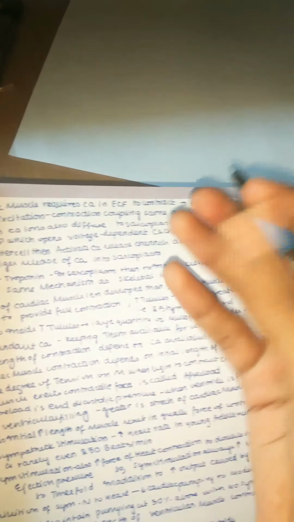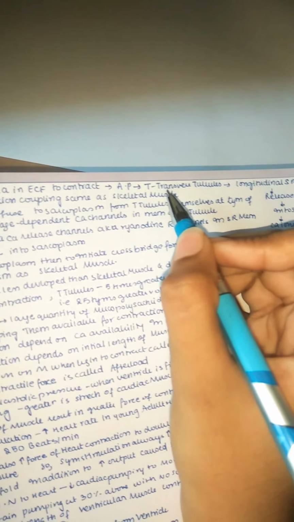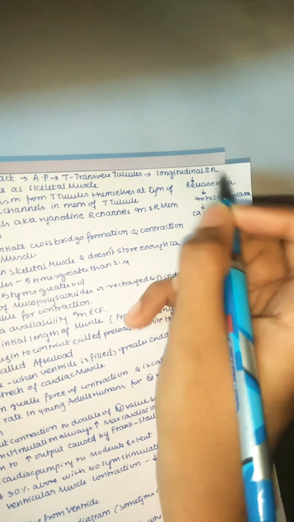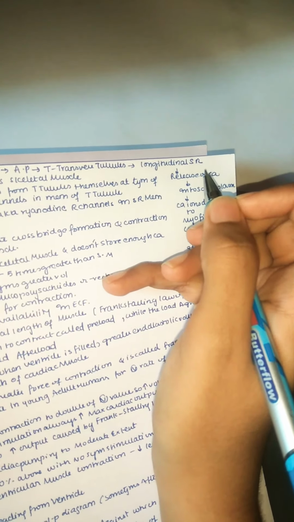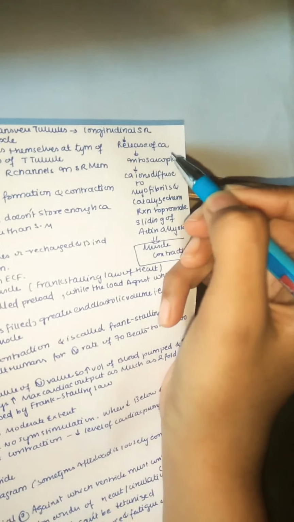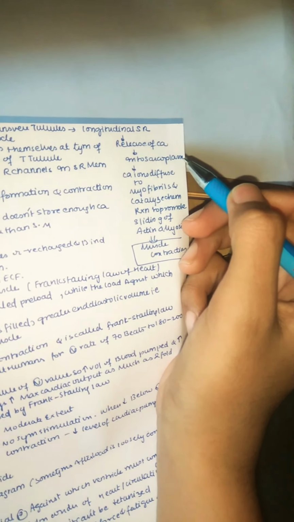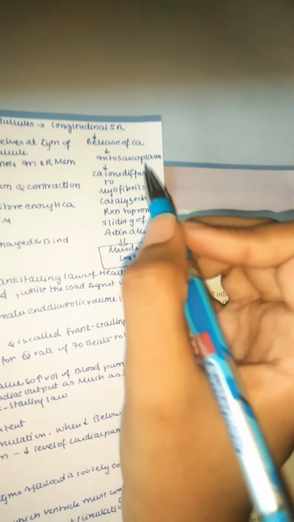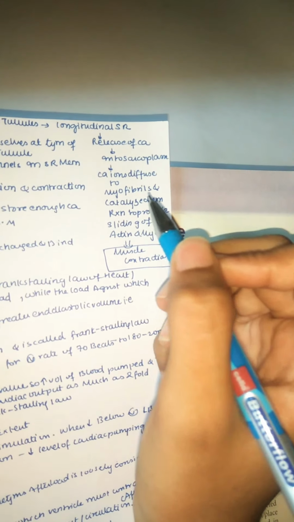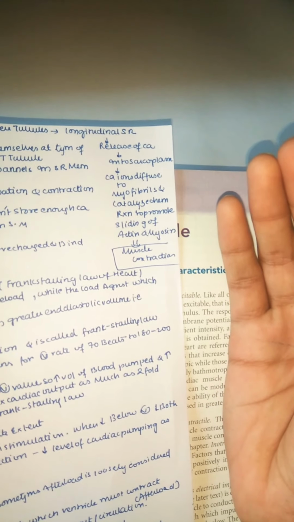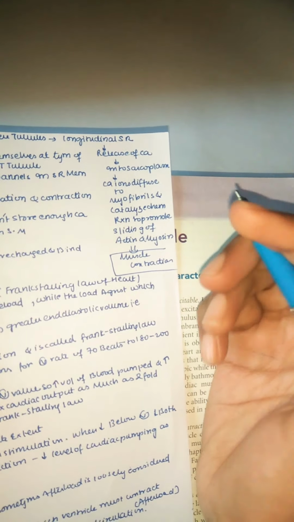So first calcium is needed. With the help of calcium, the action potential is formed. The action potential next travels to the T transverse tubules, same like a skeletal muscle, and from these T tubules it moves on to the longitudinal sarcoplasmic reticulum. From the sarcoplasmic reticulum, there is release of calcium into the sarcoplasm. Sarcoplasm is nothing but cytoplasm in a cell, but in the case of muscles we say sarcoplasm. Calcium ions diffuse into myofibrils and catalyze the chemical reaction to promote the sliding of actin and myosin, same like skeletal muscle. So actin and myosin form the cross bridges which lead to muscle contraction.